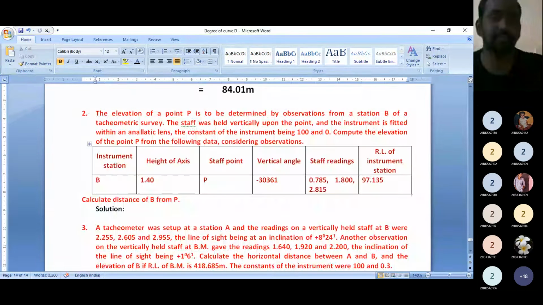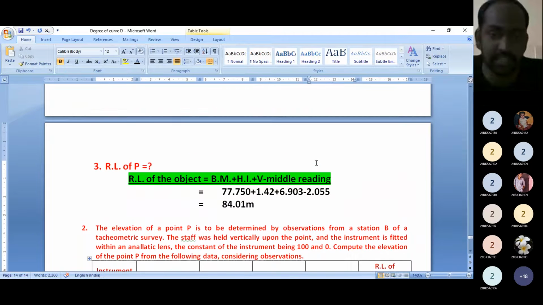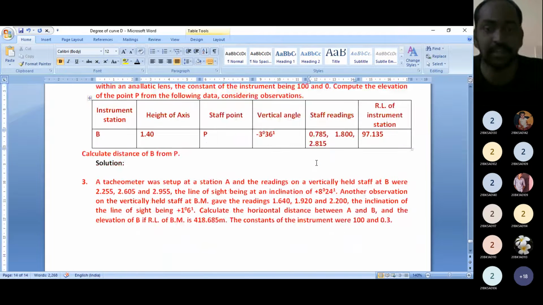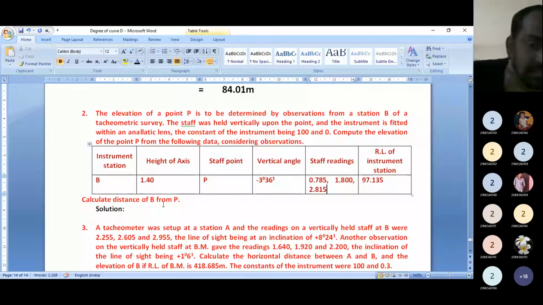Okay, second problem also same thing. But it is 3 degrees 36 minutes vertical angle here. Okay na? But here angle of depression is given. Angle of elevation ichcharu ikkada. In the second problem they have given the angle of depression. Okay na? Solve the same thing: we have to calculate the V value, next the D value, and next